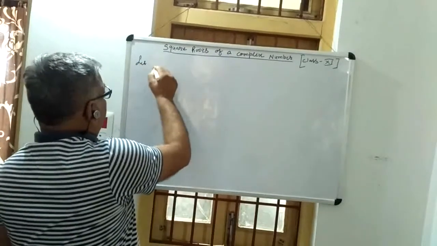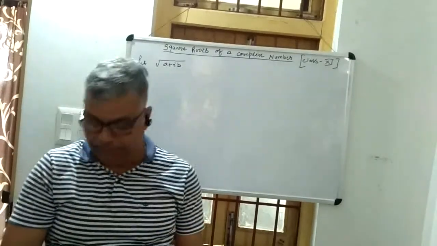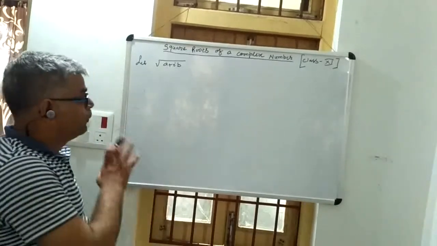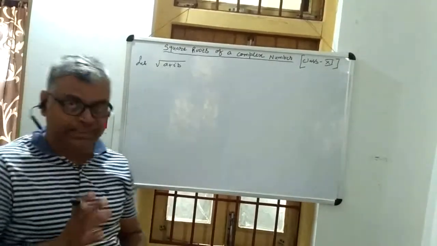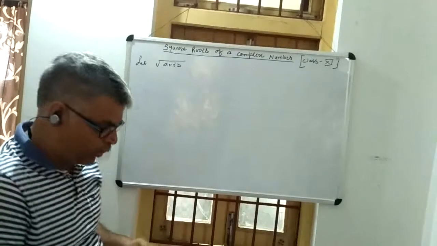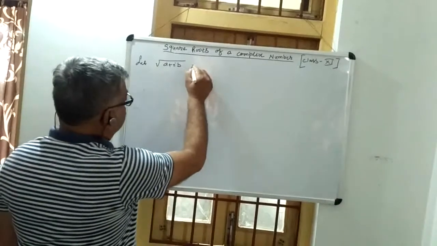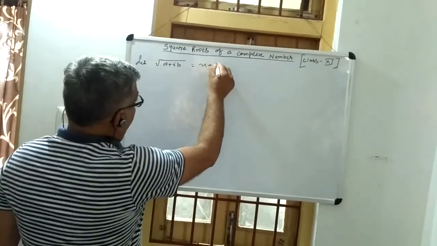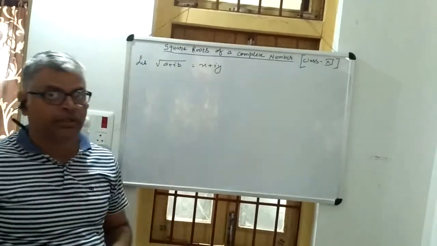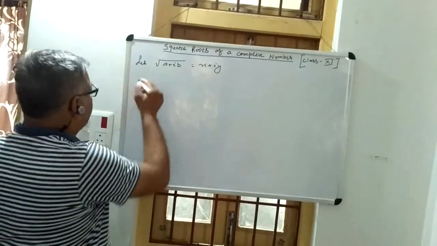Let √(a + ib) be a complex number whose square root is to be found. Let's see how we can find the square root of a complex number. First, we assume the square root of the complex number, that is √(a + ib), equals x + iy. Then squaring both sides,